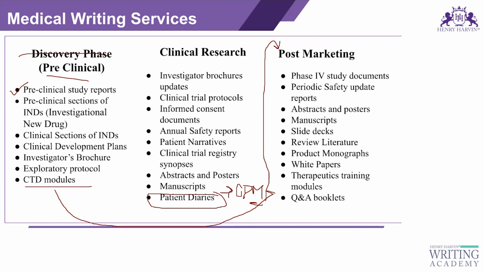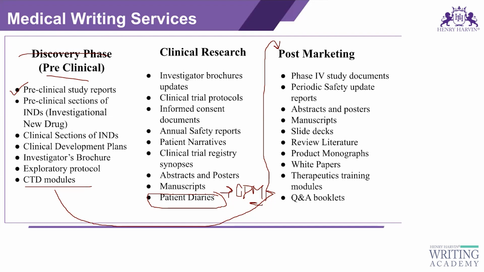Then periodic safety update report. So the periodic safety update report is an aggregate report. DSUR, PSUR, all of that comes under the aggregate report. The periodic safety update report, PSUR, nowadays is also known as PBRER, that is periodic benefit-risk evaluation report. That report is submitted to the regulatory authority, again annually,